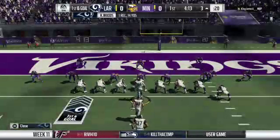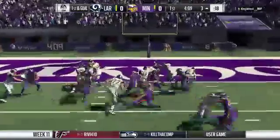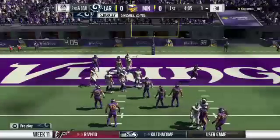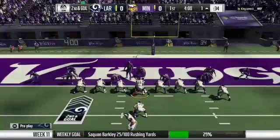Back-to-back nice gains. That one for 14 yards and another first. And he'll give it here to his running back. Give him 3 on the gain there. 2nd and goal. And Brad, they went to a nickel defense, and that's a surprise this close to the goal